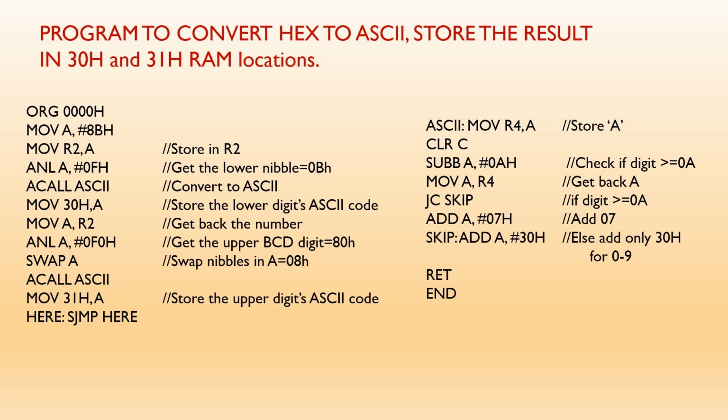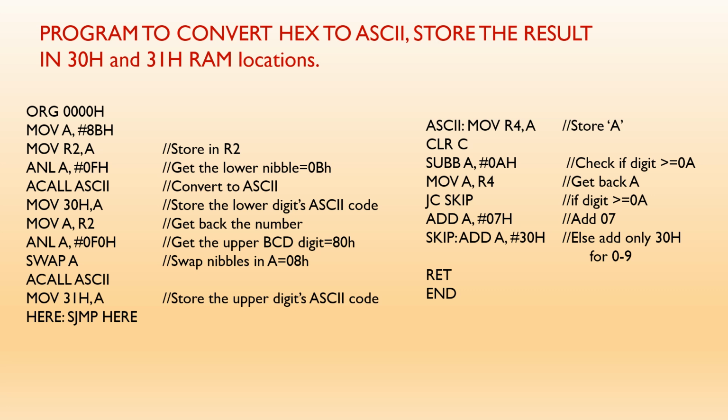Next I have the return instruction. The return pops the contents of the stack into the PC, the address of the next instruction following the call instruction. So the control comes to the next instruction following the call, where I store the content of the accumulator into memory location 30H, as asked in the program. So the B is now converted into the corresponding ASCII 42 and stored in memory location 30.